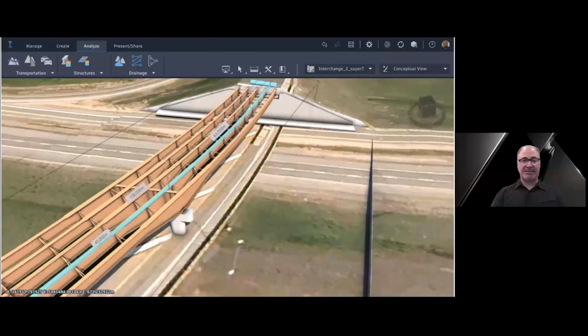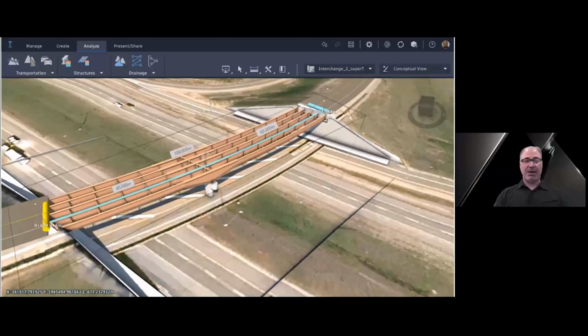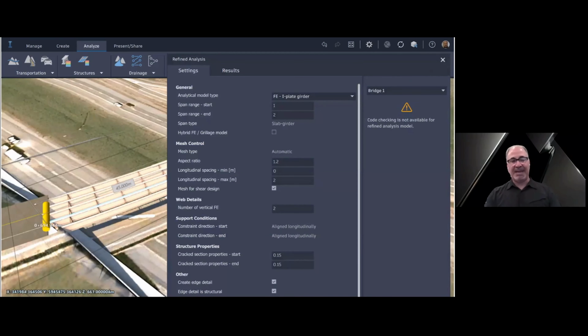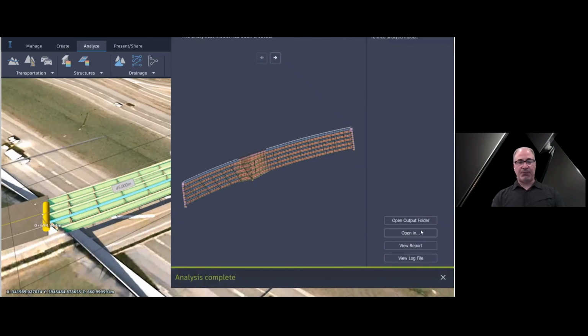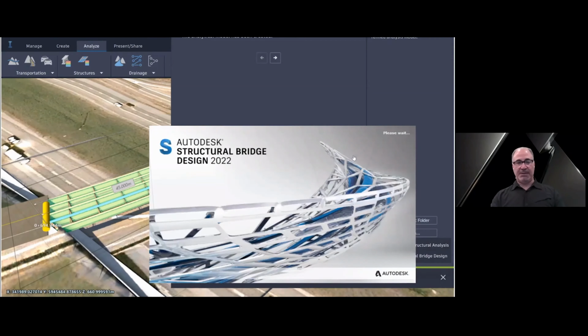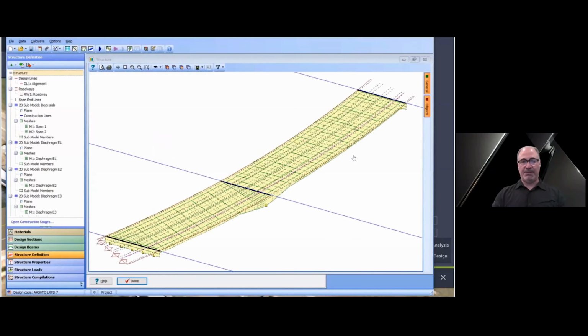And we can then decide to say, well, let's quickly extract a grillage or FEA model for this variation. Again, InfraWorks allows you to not only model at scale large projects, entire ring roads with many interchanges and bridges, but for any bridge, look at many, many options quickly. So in this case, this is a variation of the initial bridge, and we can bring that into structural bridge design and see how the finite element model now reflects the variation of girder depth and still reconciles all the cross frames and diaphragms and so on.